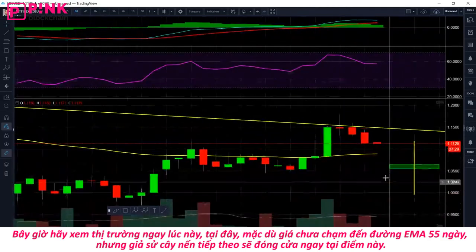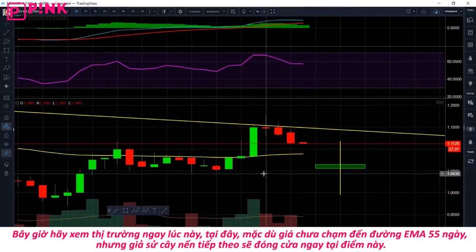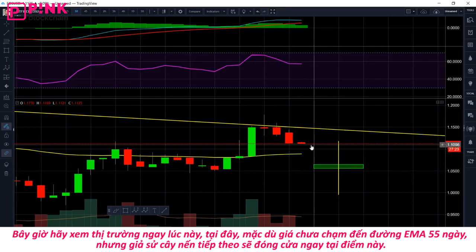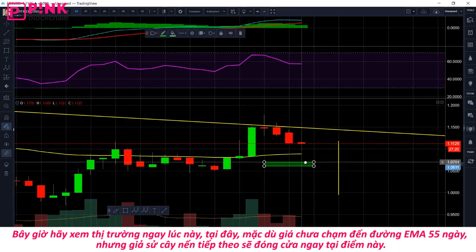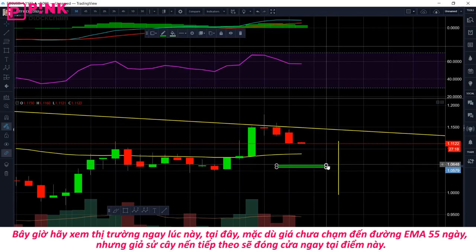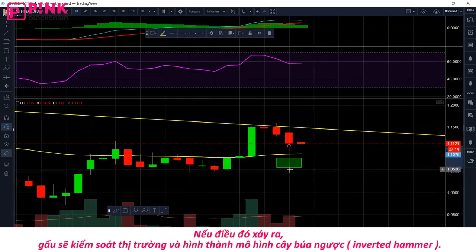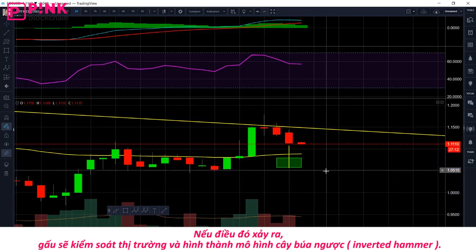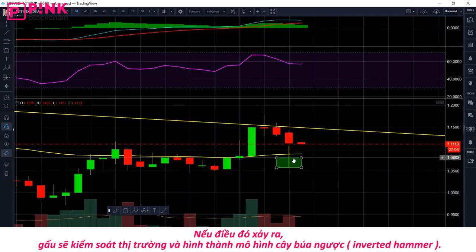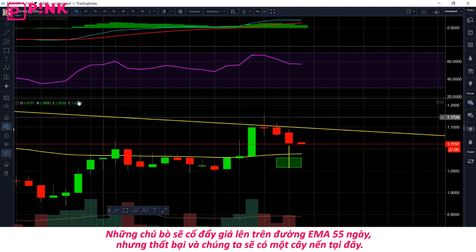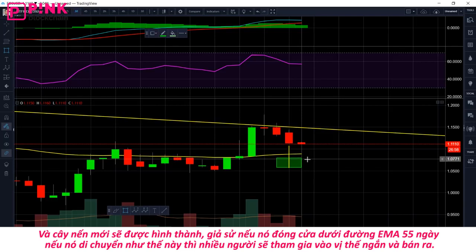So right now, just watching it live right here, even though it didn't reach the 55 EMA yet, if this candle ends up coming, for example, right here, okay? Let's say it ended up just doing like this. So now the bears have taken control of it. You get an inverted hammer, and the bulls have tried to push it above the 55 EMA, and then the bulls failed, right? So now we have this candle here. So the next candle that forms,